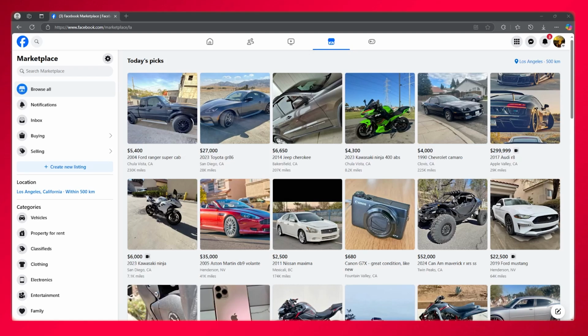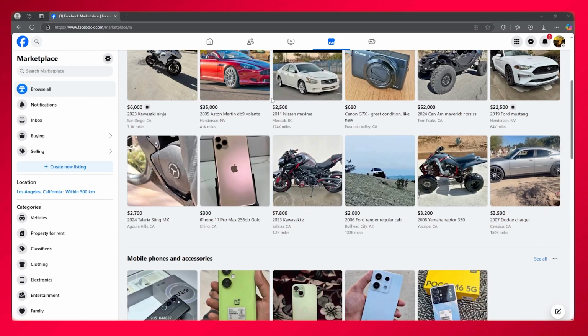How to change currency on Facebook Marketplace. In this video, I'm going to be quickly showing you how you can change your currency on Facebook Marketplace